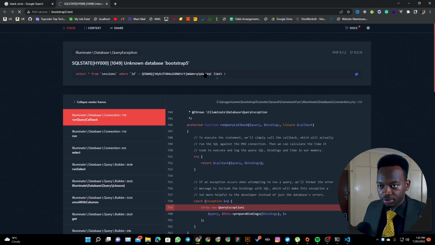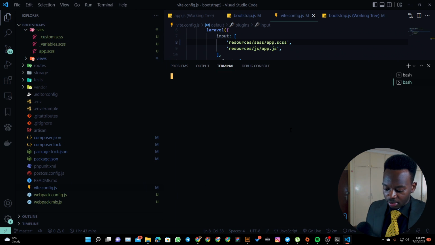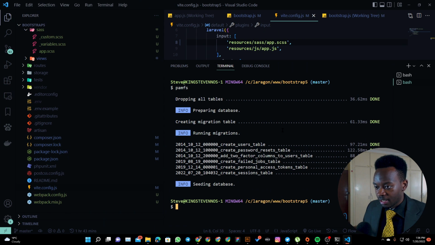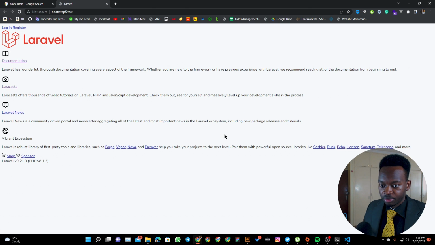And yeah, so you can see base table not found. So what we're going to do is php artisan migrate. I'll just do mfs because I abbreviated that for php artisan migrate:fresh --seed. So you can see these are the migrations that I've run. And once I refresh this, we have our Laravel project. But what we don't have is the